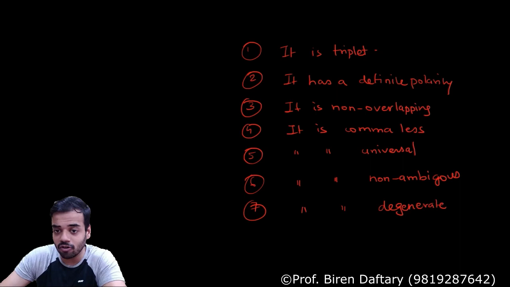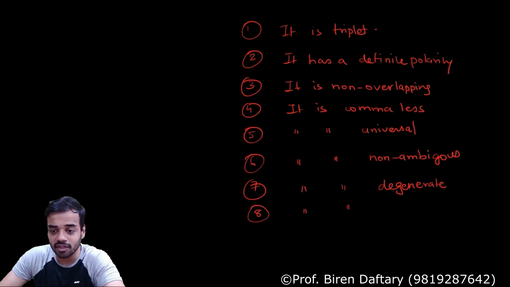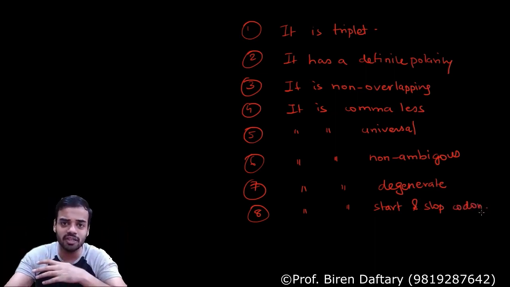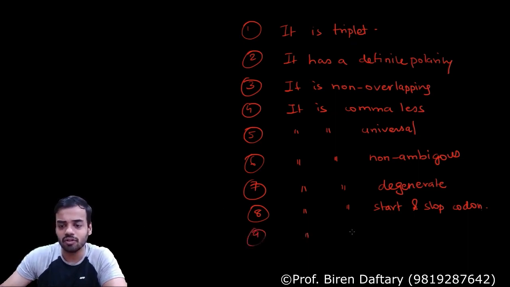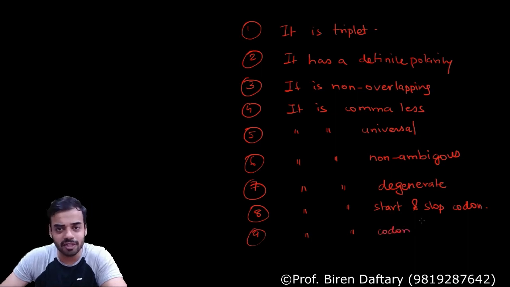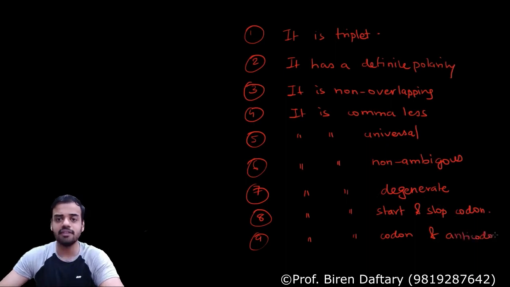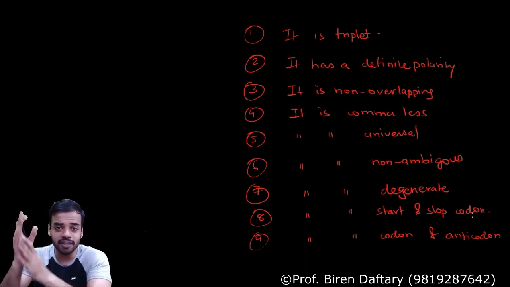Then point number 8 will be what? Point number 8 is that it has initiation and terminating codons, or start and stop codons. So you know this. AUG is start, 5' and 3', and UAA, UGA, UAG are stop. And the last is that it has codons and anticodons. Codon is present on mRNA and anticodon is present on tRNA. Both are complementary to each other. So is this clear? Are these 9 points clear? These are the characteristics. We have already done this. You have written this for your homework. So we have completed today's lecture.